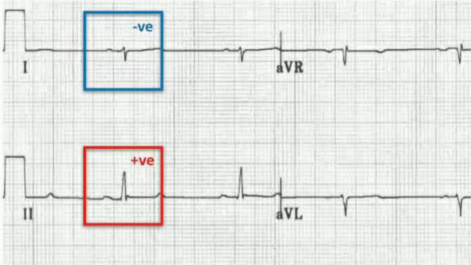The wave of depolarization now is going more towards the right side and less towards the direction of lead 1. So the wave of depolarization is going away from lead 1, which becomes negatively deflected, and the wave of depolarization is moving towards lead 2 as before, that stays positive. So this is known as the right axis deviation. And what is the best example? Pulmonary hypertension.